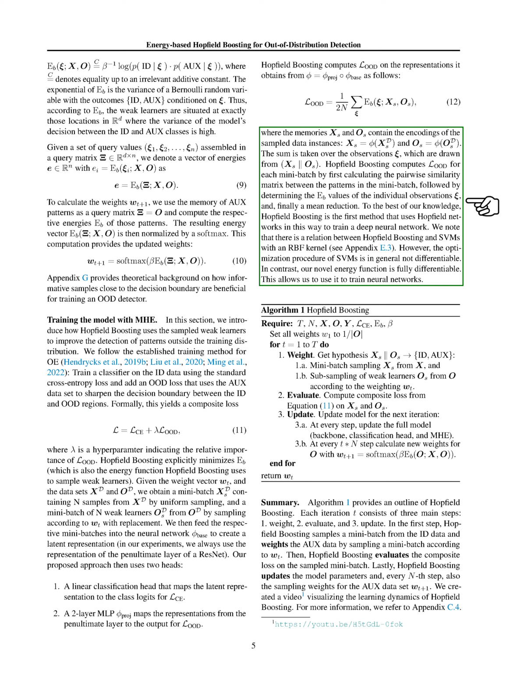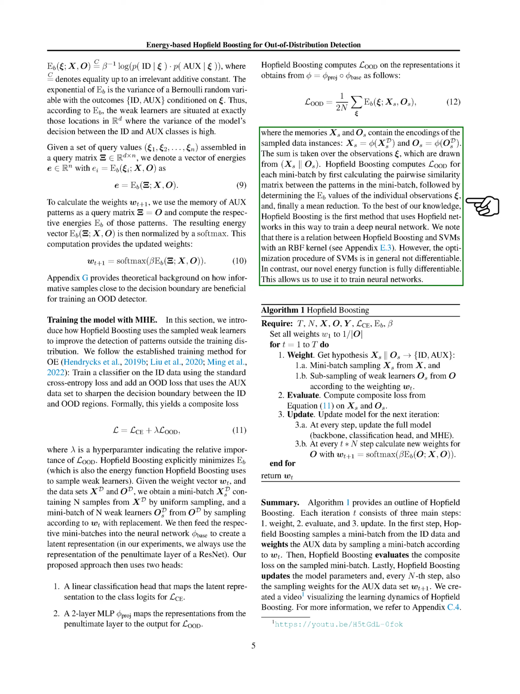Hopfield Boosting calculates the OOD loss for each mini batch by evaluating pairwise similarities between patterns, determining the energy values of individual observations, and then aggregating them. Our approach leverages Hopfield networks in a novel way to train deep neural networks, offering a differentiable optimization procedure compared to traditional SVMs with an